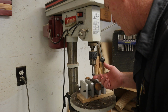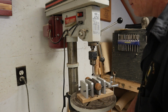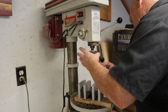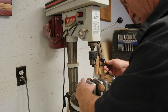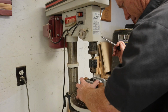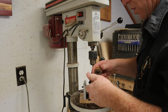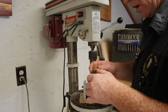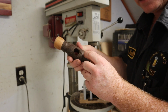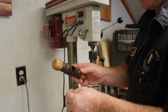so then we can flip it over, recenter it, and drill it out again so we don't have any tear out, hopefully. All right, let's see how bad a tear out we got. Oh, not horrible. It took a pretty good chunk right there, but yeah, there was no way that was